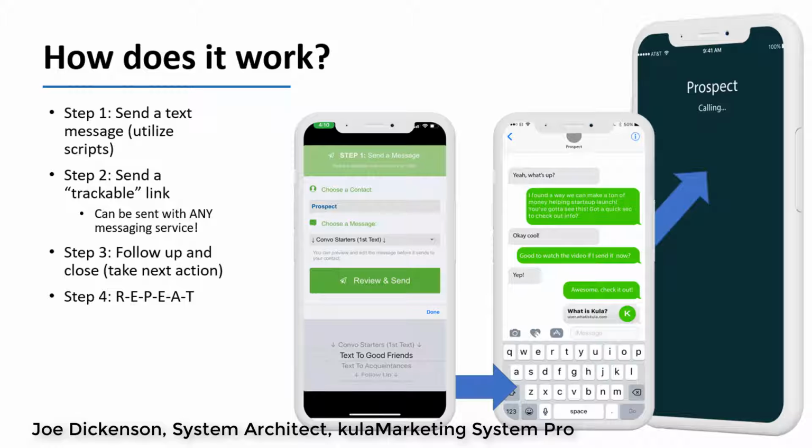So you can see where it says conversation starters, first text. Well, if you're texting a good friend, select this. And what'll happen is the text message will pre-populate as if you're sending a text. I mean, it literally just opens up your text messaging platform. You can edit it right before you send. It's no problem. And you know what? I'm just going to do this.